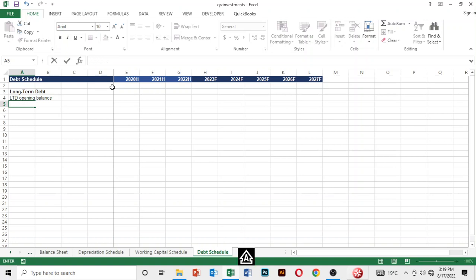So here we've got debt issuance, or debt retirements. So debt retirements meaning debt payments. Then we've got LTD, ending balance,